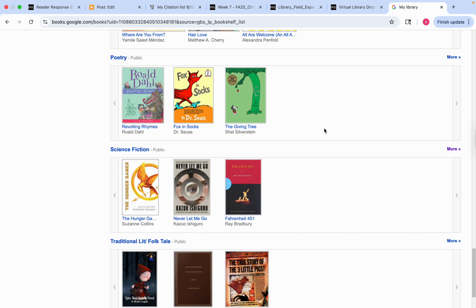And then onto the poetry, I chose Revolting Rhymes by Roald Dahl, Fox in Socks, and then The Giving Tree. So, the book I enjoyed the most is, of course, The Giving Tree. I think the backstory behind it is so beautiful, and teaching students how to care for one another is great. I didn't like the Roald Dahl book. It does address all the classic fairy tales that we were taught when we were younger, but it has a mischievous twist, which isn't bad, but I don't think that it would work as well